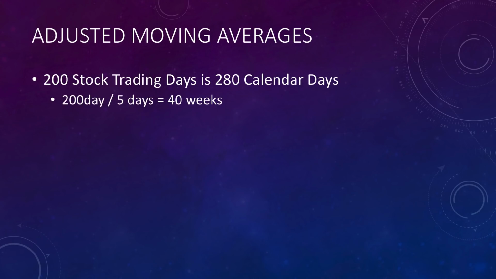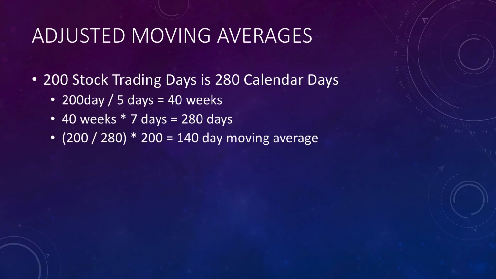The way you get that is 200 days divided by 5 trading days a week equals 40 weeks. And if you take the 40 weeks and normalize it for 7-day weeks, that gets you the 280 days. So you take that ratio, 200 over 280, multiply it into the 200-day moving average, and that gives you the 140-day moving average. If you use the higher number of actual calendar days, closer to 288 or 290, then your adjusted moving average will drop a little bit to 136 to 138 or something,